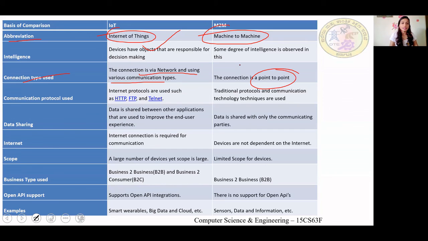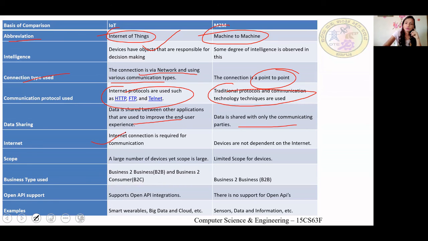Next is the communication protocol used. In IoT, you can use all IP based protocols. In M2M, you use non-IP traditional protocols like Zigbee, Modbus, etc. Then data sharing: in IoT, lots of data is shared and the distance can be far, whereas in M2M it is at a shorter range.